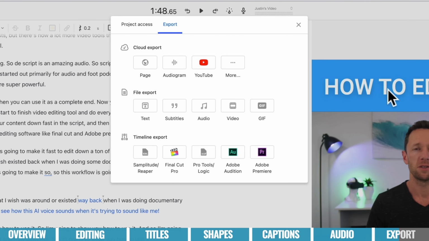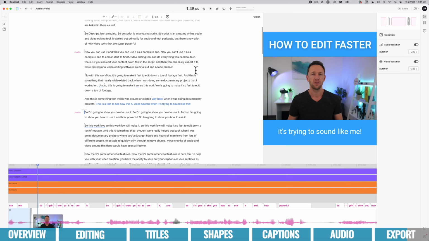Whether you're looking to actually edit and add text and add the bars and all of that kind of stuff in here and have this as a complete end-to-end editing solution, or you just want the ability to do your base edit, to remove stuff, to move chunks of video footage around as text and quickly see where you've made mistakes or repeated yourself. This is a really fast way to edit your footage down and then directly link it out to Final Cut. So to show you quickly what this would look like, let's just set our format here